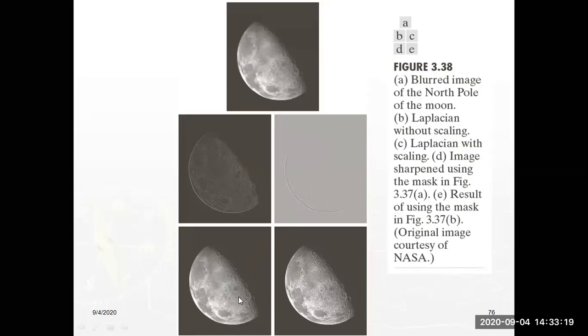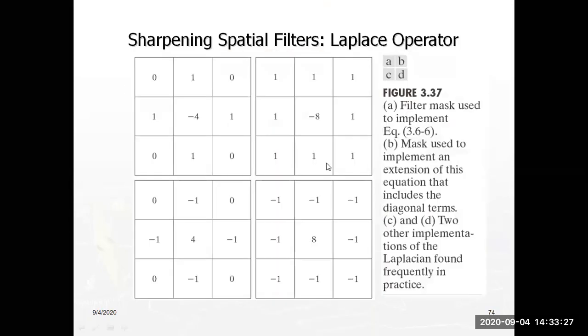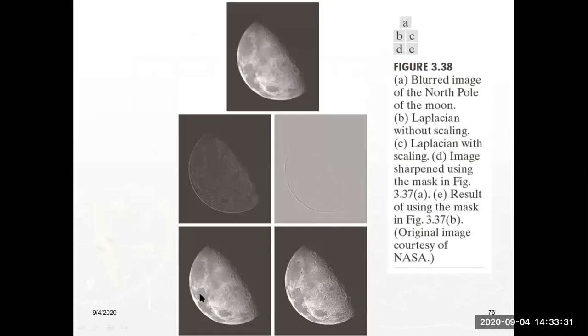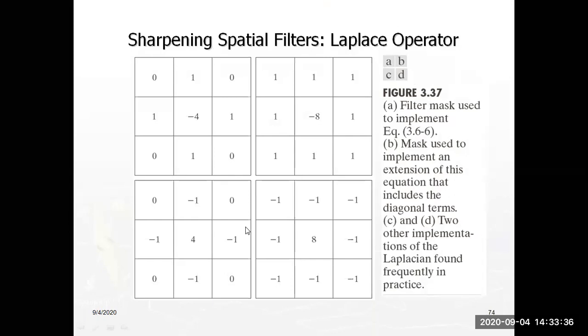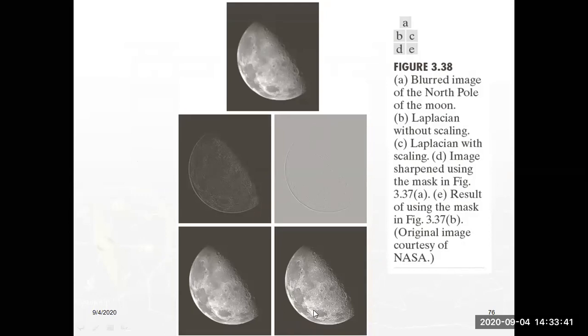Image sharpened using mask A, the first two masks. If you use this mask A, the image will be as in A, B, C, D. If you use the second mask, which is all ones with center minus 1, your image will extend for further filtering. So here the type of filter we are using is the sharpening filter, and that too the Laplacian filter.